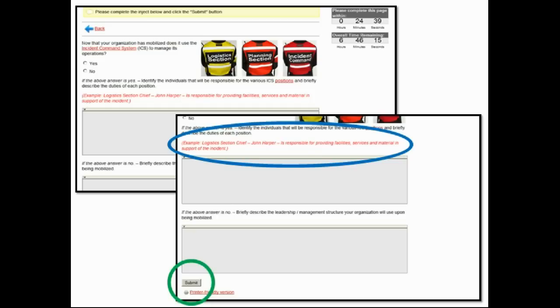Now, this inject is a lot more in-depth than the previous one. Your team is mobilized. It's basically asking, do you use the incident command system? And that's either a yes or a no. So you would click on the appropriate radio button, either yes or no. But if you clicked on yes, it's going to